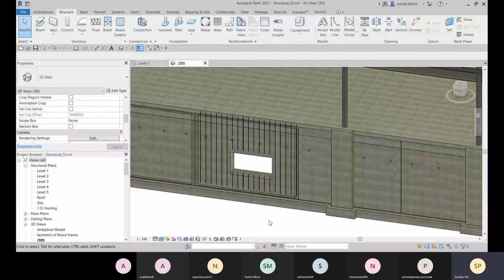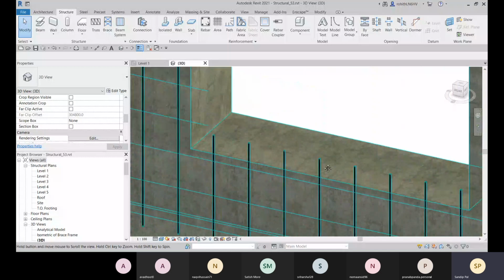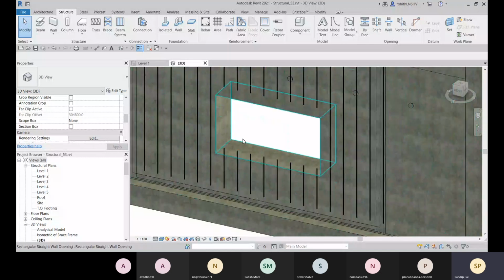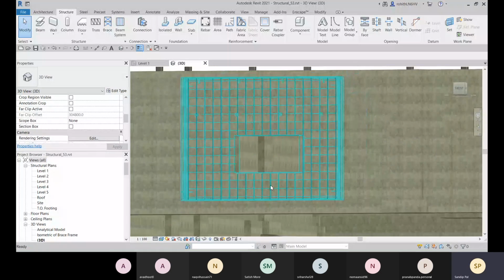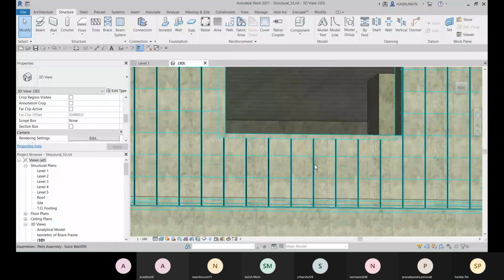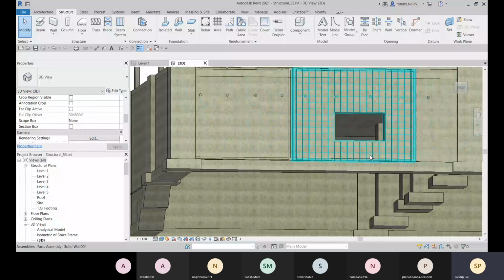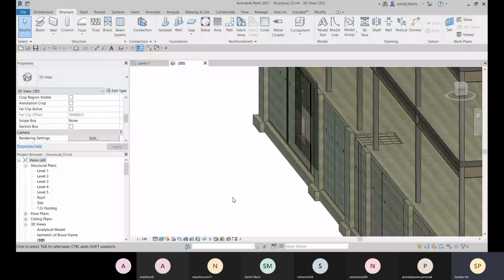Let me go for realistic. And now you can see that these are exceeding, right? But this is not actually. Okay, so it is properly created. Don't worry about that.